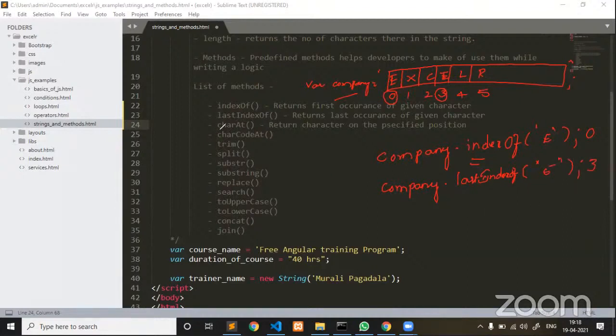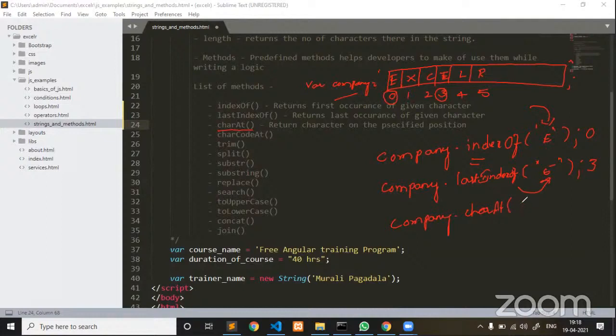Now charAt, if I am using company dot charAt, it gives the character at a specific position. So far for indexOf we have passed a character as a parameter, and for lastIndexOf also we have passed a character as a parameter. But for charAt, we are passing an index.